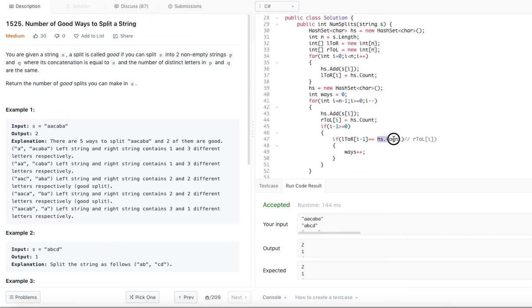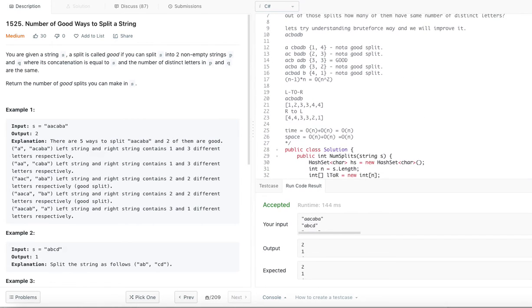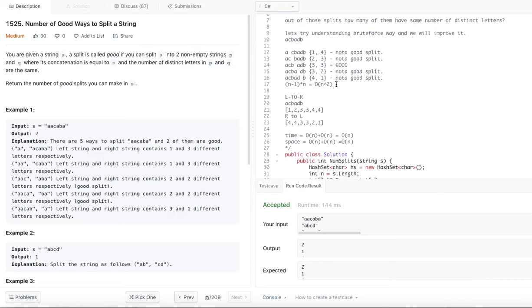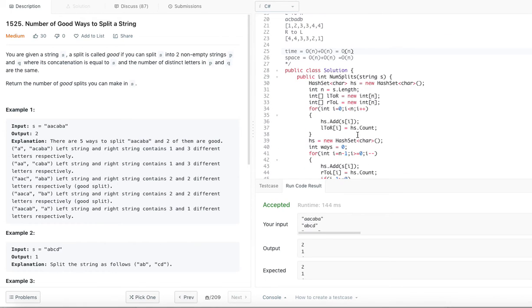So this algorithm is order of n time complexity and order of n space complexity. If you compare with the brute force approach, it was order of n square time complexity. So we were able to improve the time complexity to order of n. That's how we are able to solve the problem with an improved method.